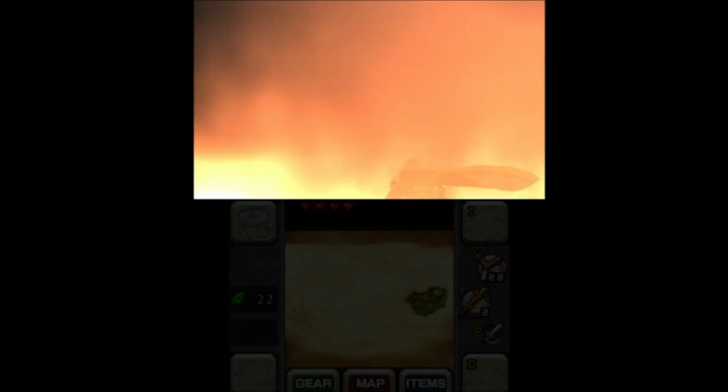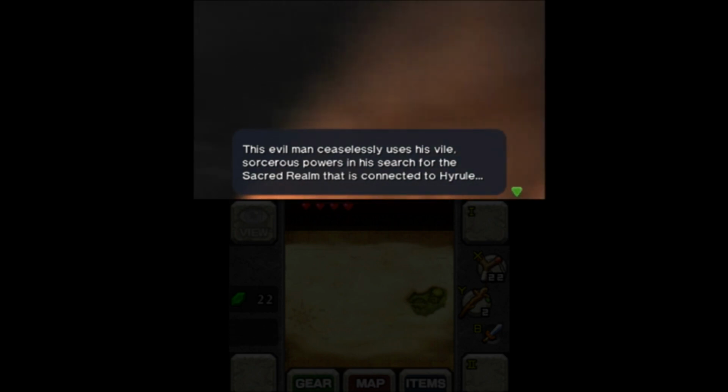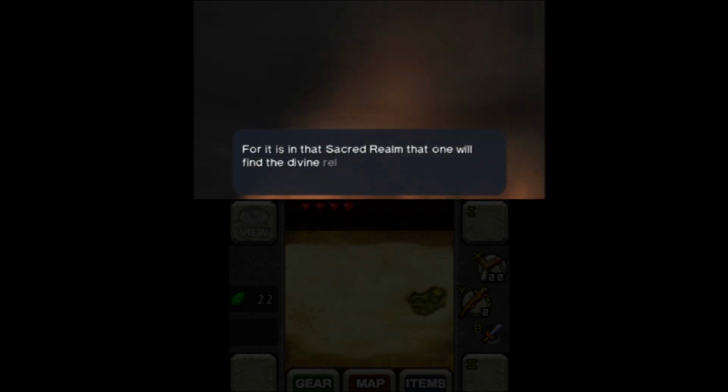Ganondorf on his horseback, which you will actually get yourself later on. There's going to be Epona, which is your horse. This evil man seizing... I'm not even going to look through this. I'll just let the cutscene play out for you guys, but...